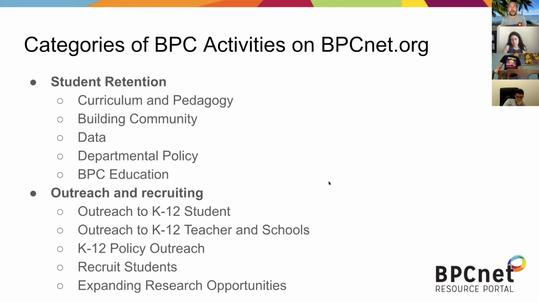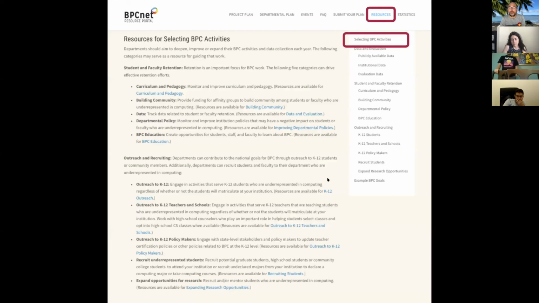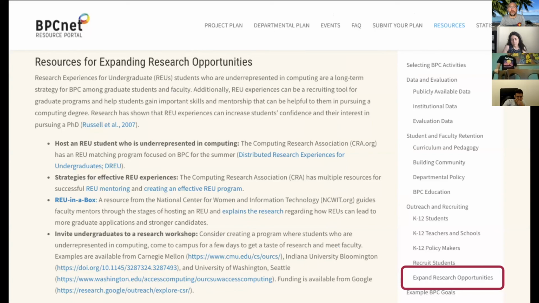Think about your sphere of influence. And that list on the previous slide is pretty slim. So if you go to that selecting BPC activities, we've got a sentence or two that describes what those are. For each of those things, there is a hand-curated set of resources that we think are going to be easiest to dive in and use right away. So I've clicked on expanding research opportunities here, and you can see that in that section, there's a